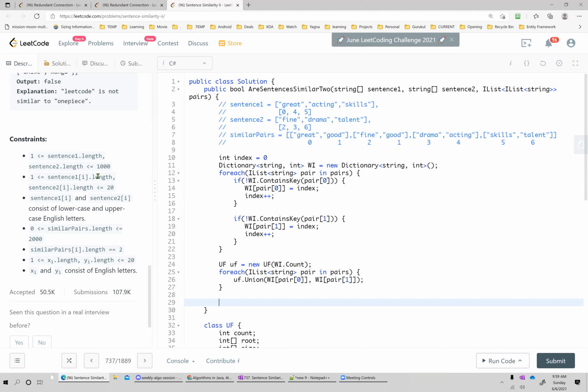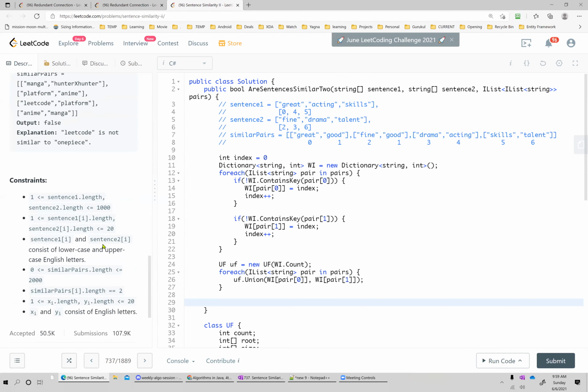So if the number of words doesn't match, we can return false directly as a short circuit. No, I thought about it. That's not correct. Why? Because we can have, say, for example, fine is good. So I can just have skills and fine again, or I can have good.